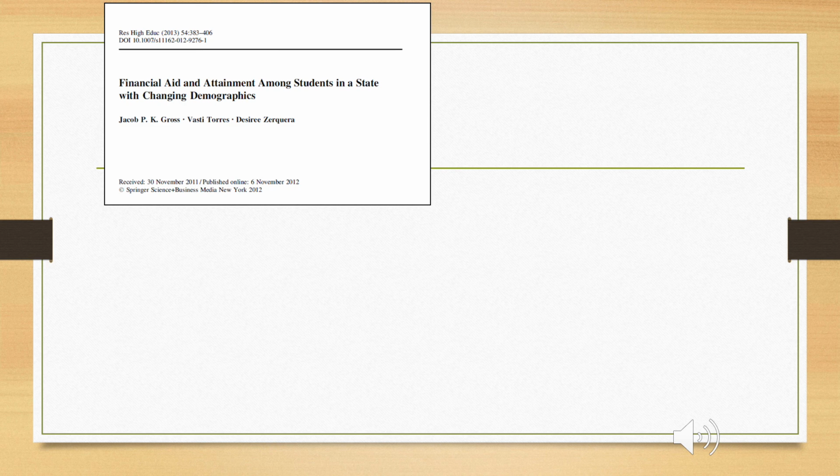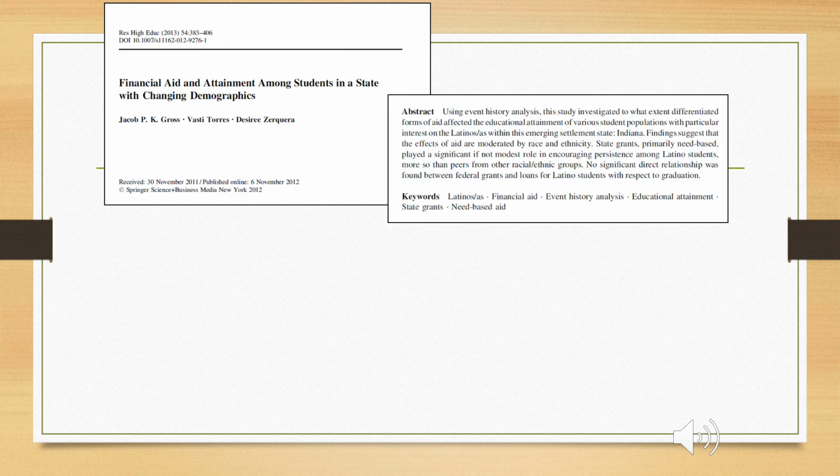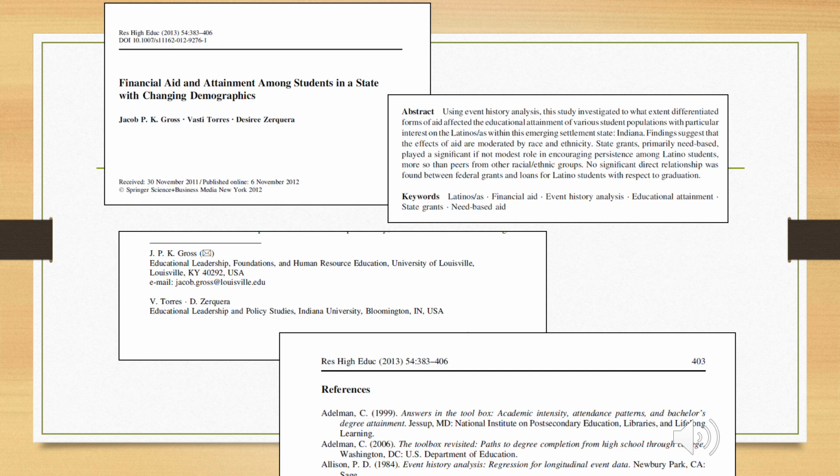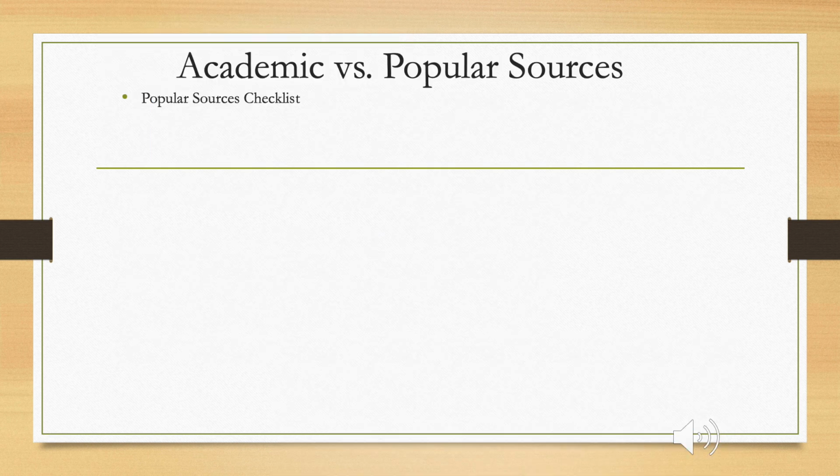So here are some examples of what a peer review source is going to look like. It typically has more than one author. So as we see in the top left, there's a few different authors for that one. They have abstracts and they'll have things like keywords so that you know sort of what it is about. Your abstract is going to tell you this is what this study is generally focusing on. And they'll have references, a long, long list of references typically. And then if you compare that to a